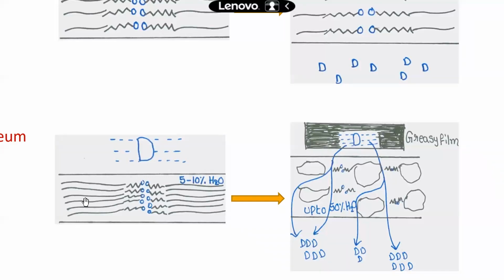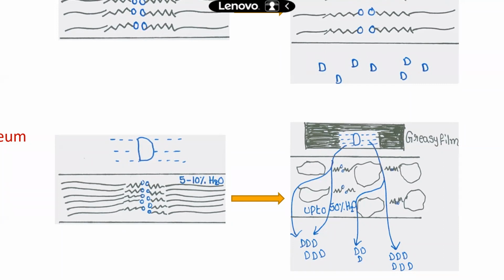Now I want to loosen it. How can I loosen that fiber structure? Just by increasing the moisture up to 50%. If we increase the moisture level up to 50%, what happens? In the presence of a higher amount of moisture, the keratin fibers will drink the moisture, will drink the water.